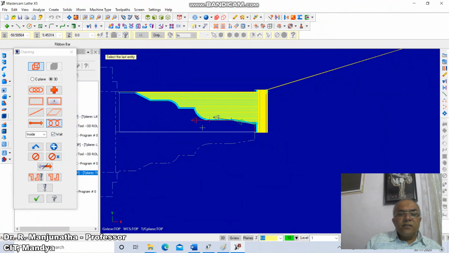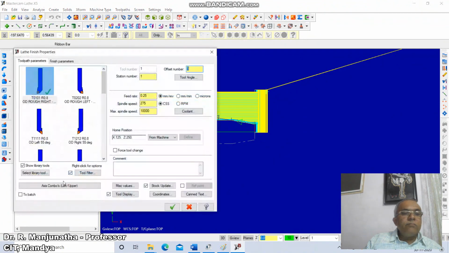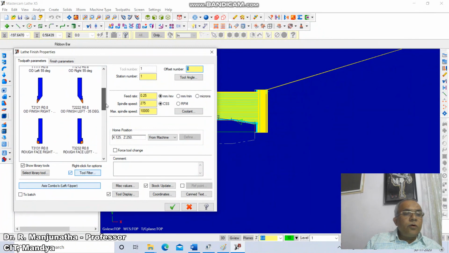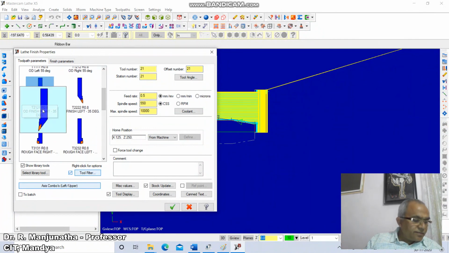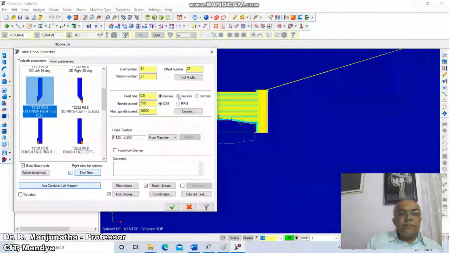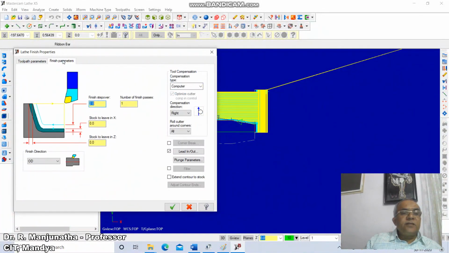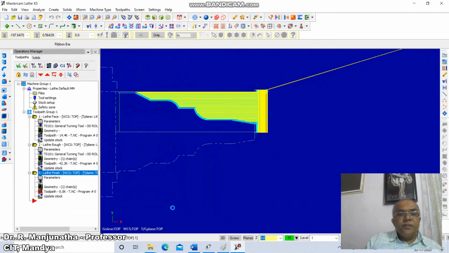Again you select this by using the same profile or the same method, then click on OK, then click on tool point, weight finish rate 35 degrees, click on feed rate per minute, so you make it 0.25, let finish part and click on finish parameters, number of finish passes is 2, click on OK. So this is how the finishing operation is done.